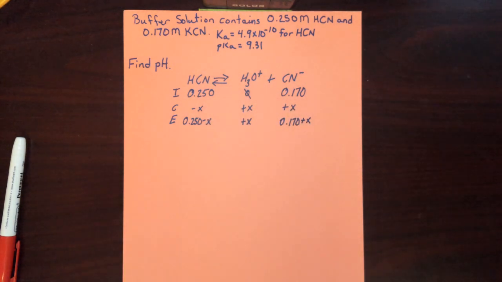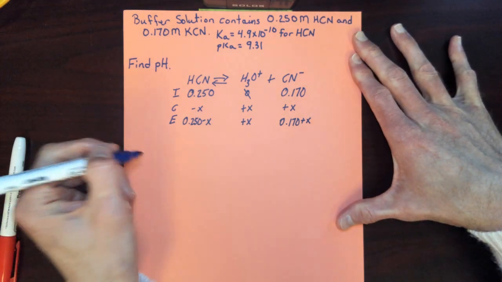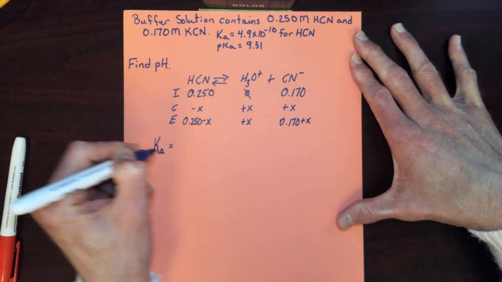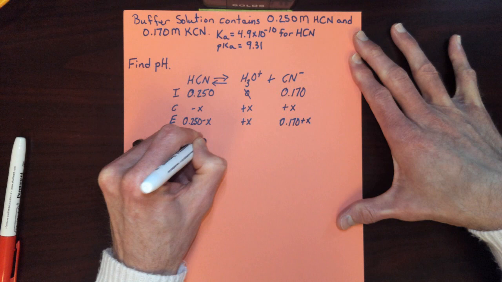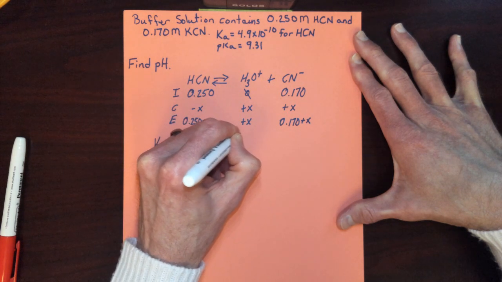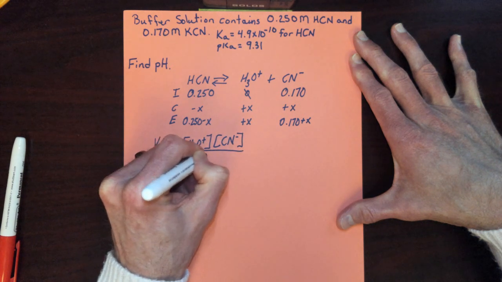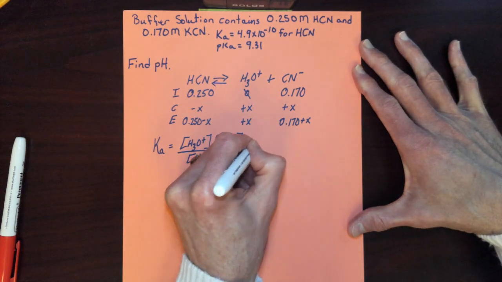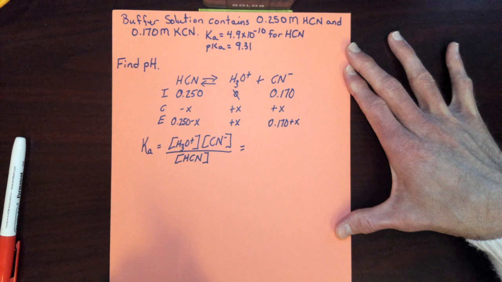So we do establish an equilibrium here in our buffer solution. Let's write the Ka expression for this. We have H3O+ multiplied by the cyanide concentration over the HCN concentration,